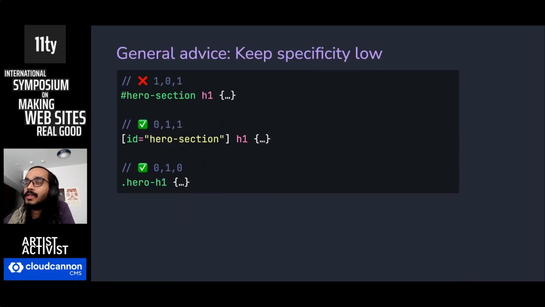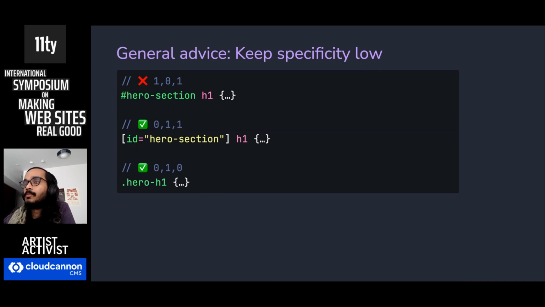As you can imagine, with really large selectors, the specificity would become a bit cumbersome to manage. And that's why the general advice given to us is keep specificity low. And this is good advice. We should almost certainly avoid ID selectors, for example, and we can still use them. Instead of using pound ID, we can just use an attribute selector instead. Or we can just make a class specifically for the thing that we're selecting.